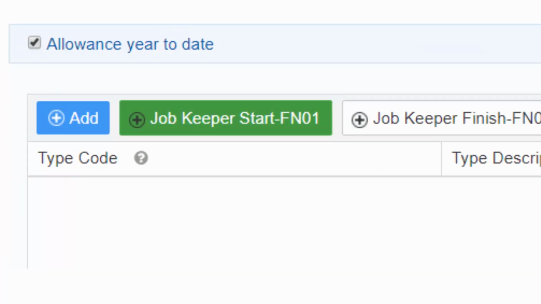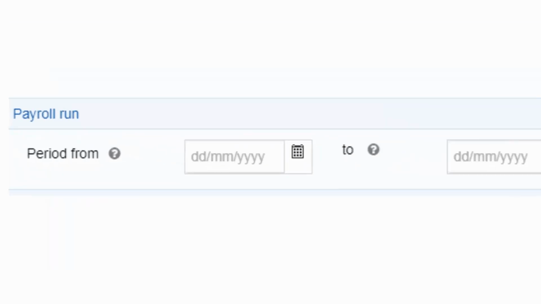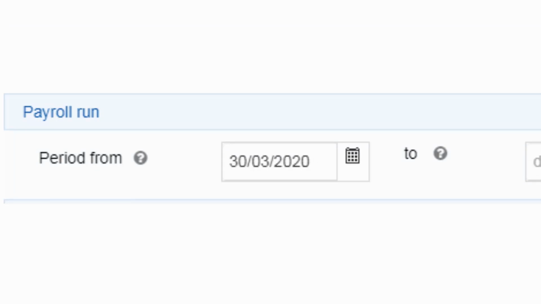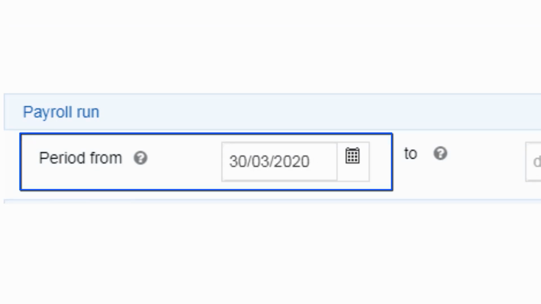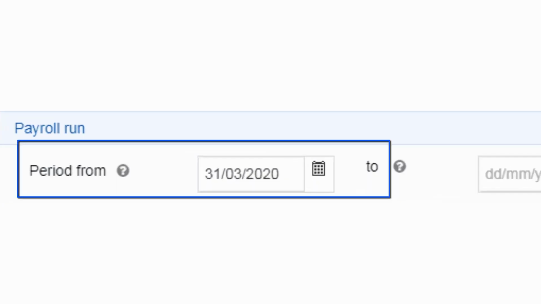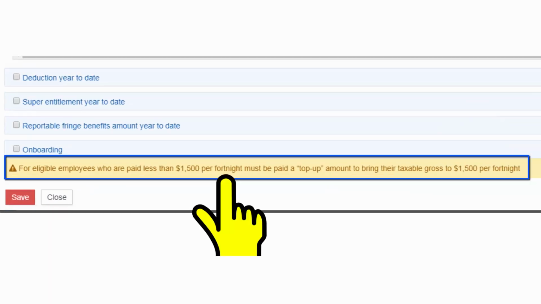Employers are required to confirm if they are to start the JobKeeper from fortnight 1, that is FN01, which will depend on the start date of the pay period. For example, to qualify for fortnight 1, the start date of the pay period must be on or prior to March 30th. If the start of the pay period is after 30th March, the possibility of partial payment of the fortnight 1st of May applies. JobKeeper top-up is when the selected employee's normal pay or already paid income is less than $1,500 per fortnight. They will now get an additional top-up amount to be at $1,500 per fortnight.